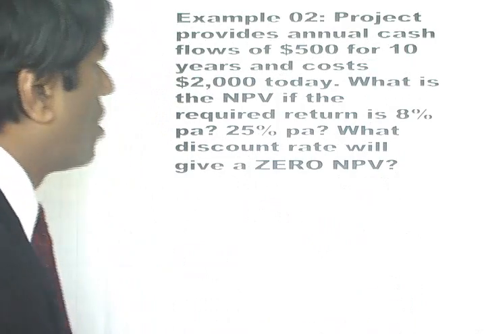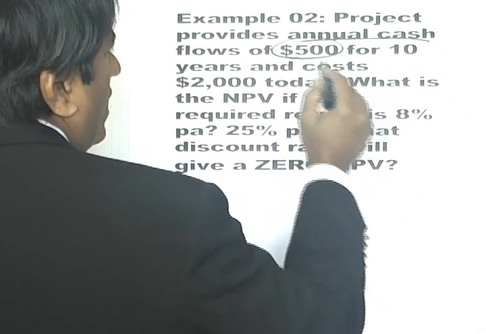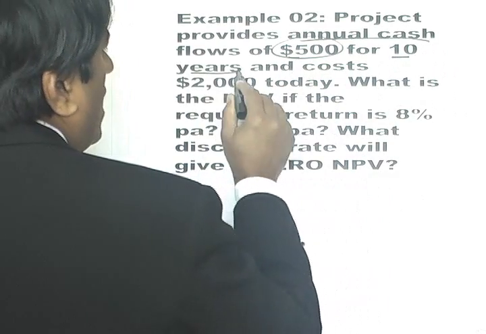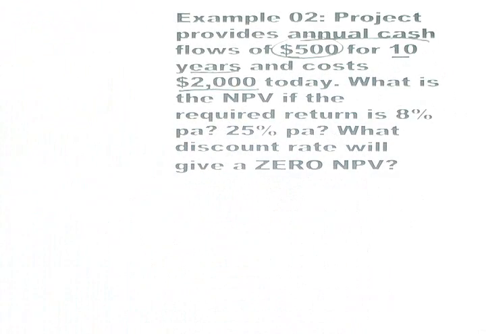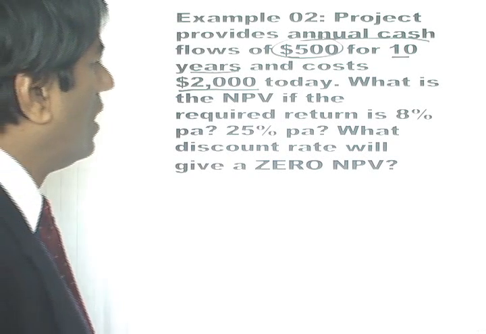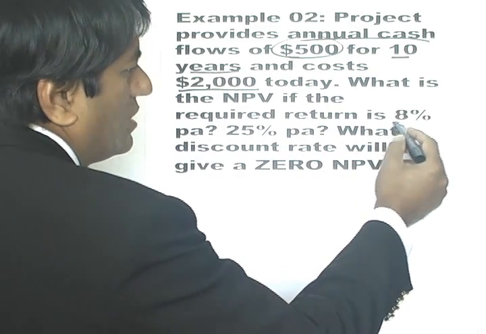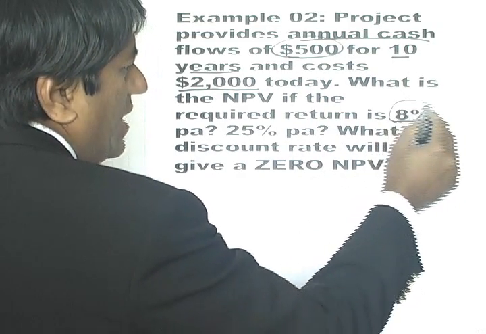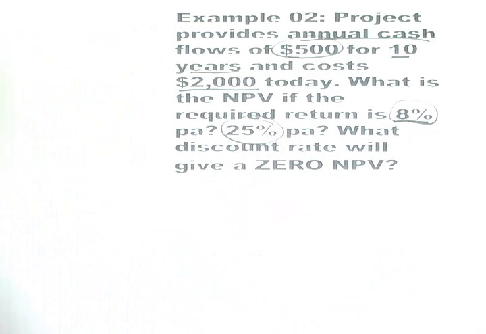Here we have a project which provides annual cash flows of 500 for 10 years and costs $2,000 today. And the question is, what is its NPV? Now, we do it for two different required rates of return. The first one is 8% and the second one is 25%. So for the first one,